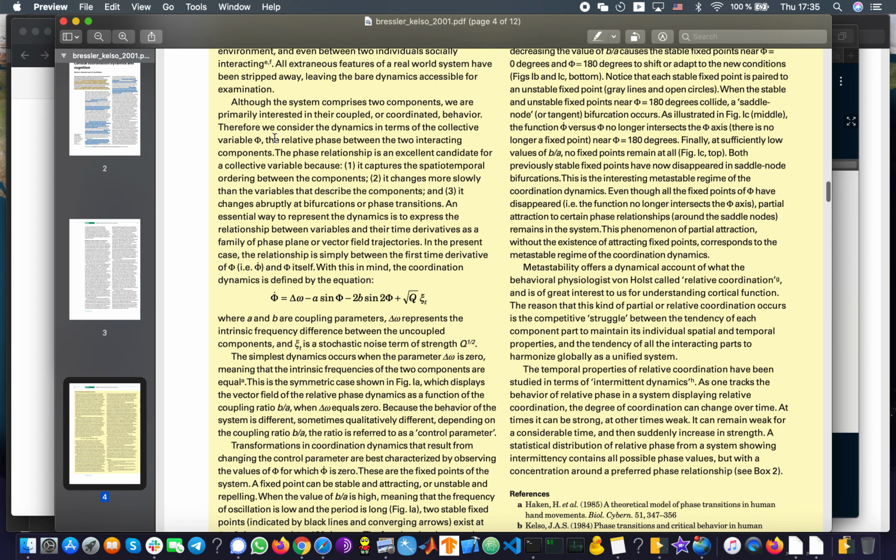Let me talk about this variable phi. We call it the collective variable phi. We have a collective variable phi, with which you are going to understand the behavior coming from the collective behavior of your system. The relative phase